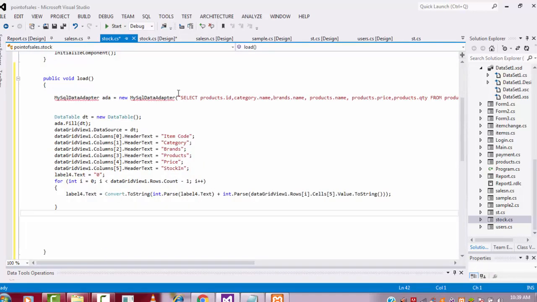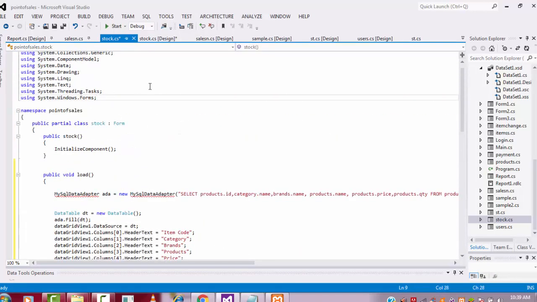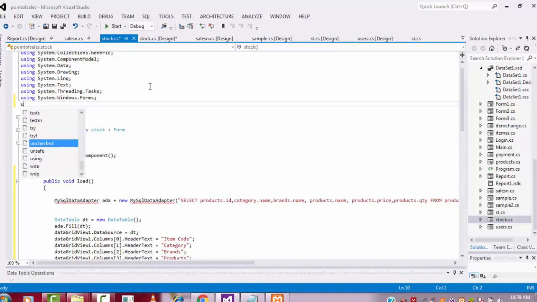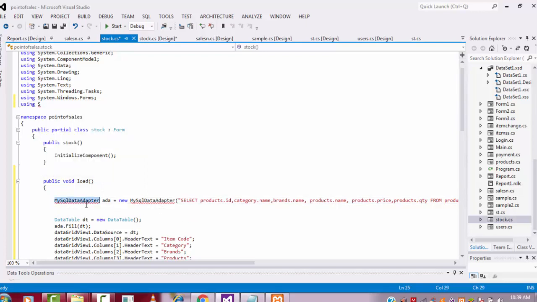You're getting some error because I didn't write the namespaces above. These classes come from the relevant namespaces: MySql.Data.MySqlClient. This is the namespace you have to type above.